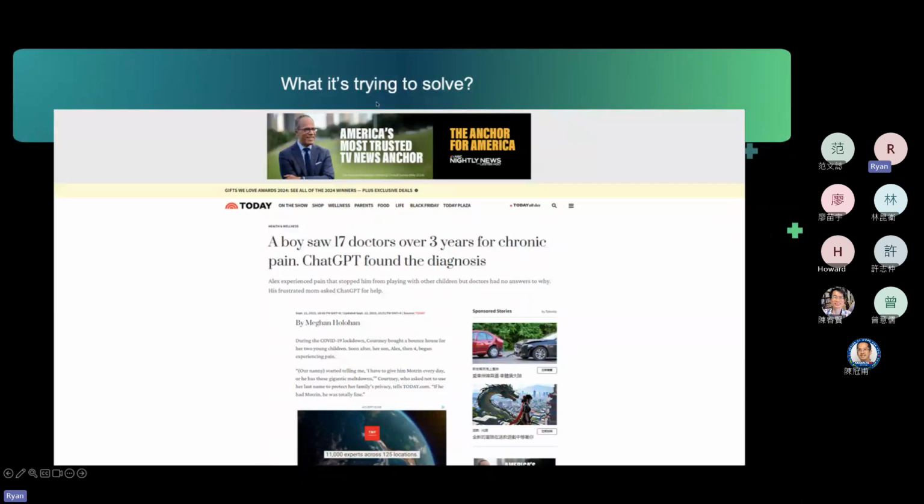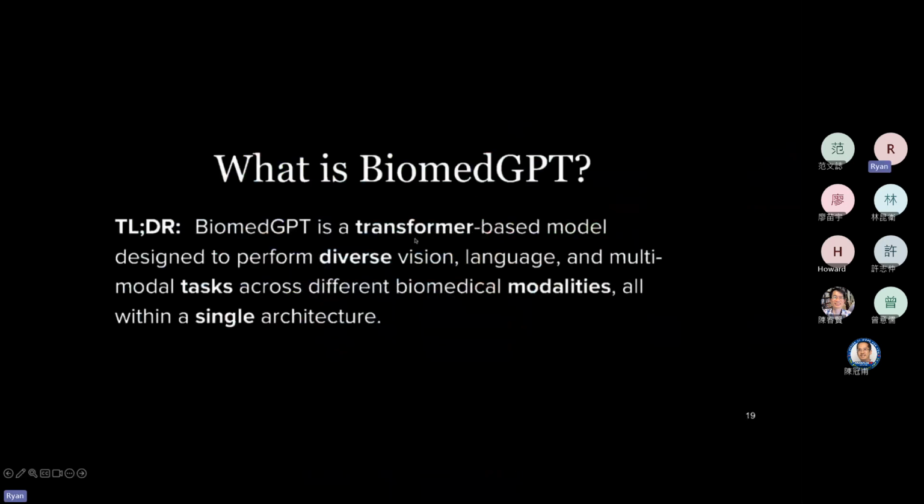Now, the problem they're trying to solve is, for example, there's this news in the US that a boy saw 17 different specialist doctors over 3 years for chronic pain, but ended up finding the diagnosis by ChatGPT. I think that's what they essentially want to solve. BioMedGPT is a transformer-based model designed to perform diverse vision, language, and multimodal tasks across different biomedical modalities, all